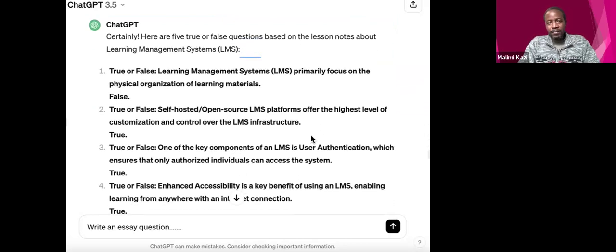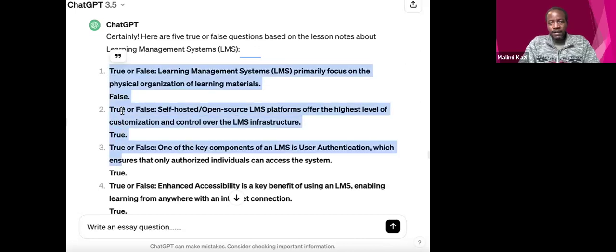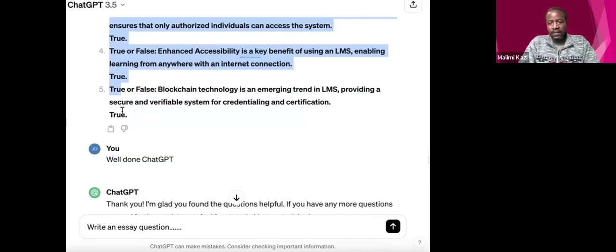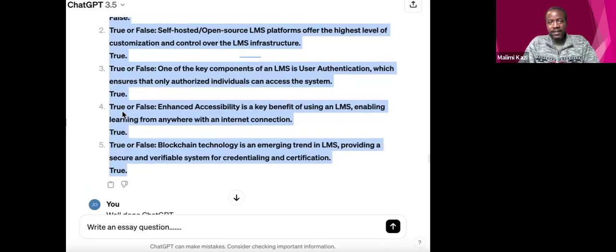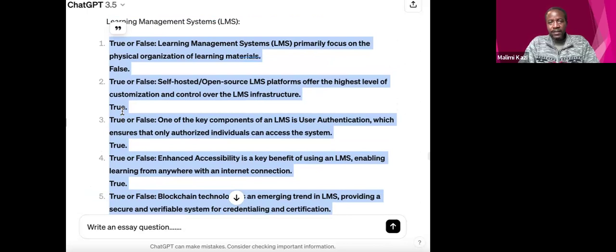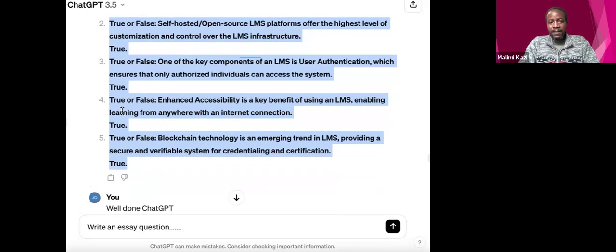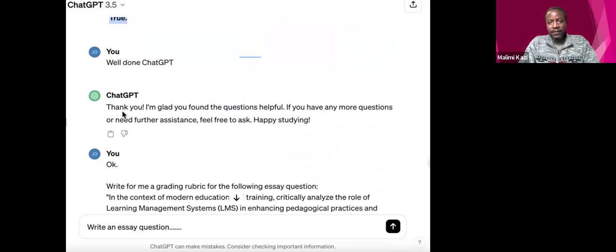And it responded, providing those questions for me. It also identified the correct answer for each question. Moving forward,